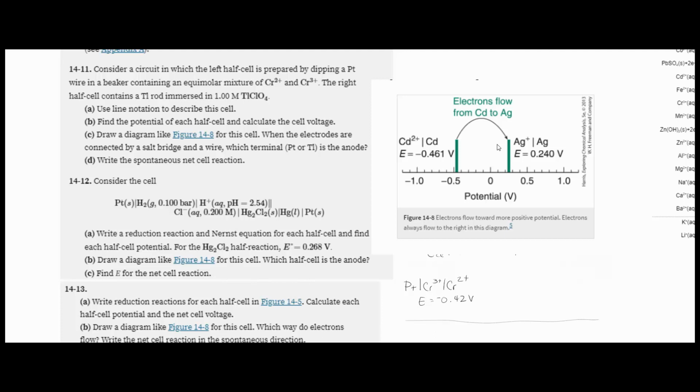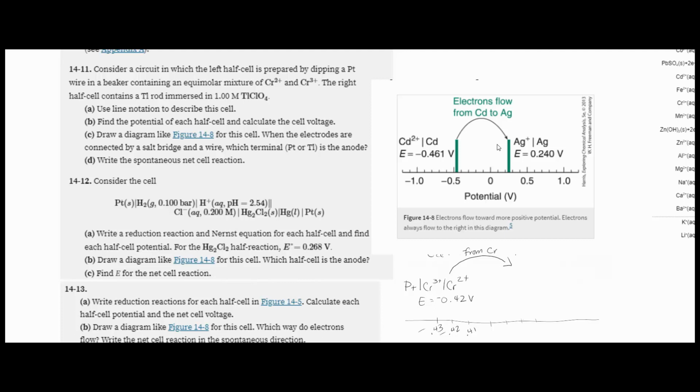I would have a scale down here. And I'm not going to have a 0, but I'm going to give it little hash marks. And let's call this 0.43, 0.42, etc. And then my electrons are going to flow this way